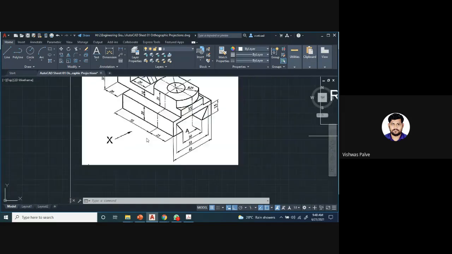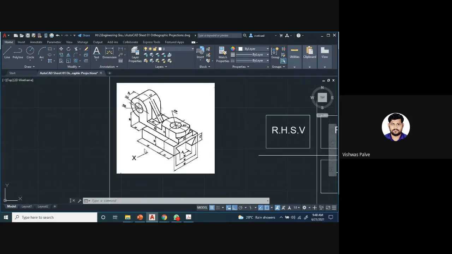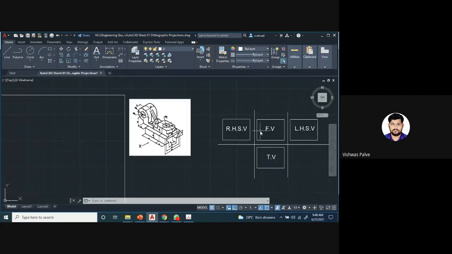So in this, when we observe from the X direction, the view which will be seen from the front is called the front view, which will be drawn here. Then when we observe it from the top, it will be drawn in the top view. Then whichever view we observe from the right hand side, suppose if I observe from the right of the X, this view will be drawn on the left hand side.